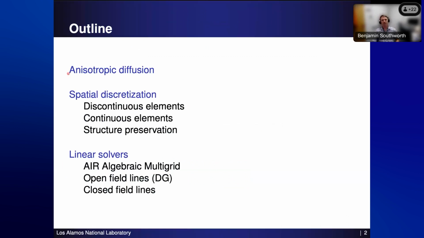Okay, so this is the outline. I'm going to provide a little bit of background on the problem and anisotropic diffusion and different formulations of it. And a higher-level perspective on how we motivated this use of hyperbolic operators. Then I'm going to talk about the spatial discretization in the DG context, the CG context, and then some structure preservation comments on both types of discretization. And I'll talk about accuracy here. And then I'll move into the linear solvers part. This is a little bit backwards from how we did the research. The original idea came from the solver perspective. Then we did DG elements, then we came back to solvers, and now we're working on CG elements. So I reorganized to try to make it a little easier to follow.